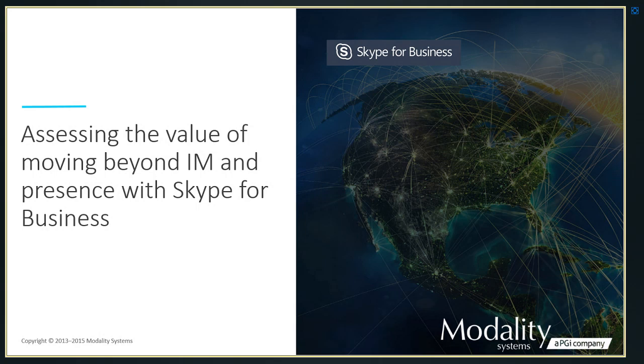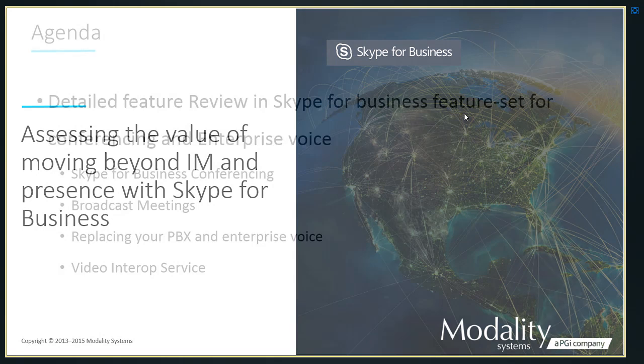I'm fully aware that this webinar is being run in the final hour of your day, so I'll try to keep to the time frame set and not overrun. I'm going to talk through some of the key features of Skype for Business for conferencing and enterprise voice. It should take around 30 to 35 minutes. If you've got any questions as we go through, please send them on straight away. Ian will collate them and we'll discuss them after the presentation.